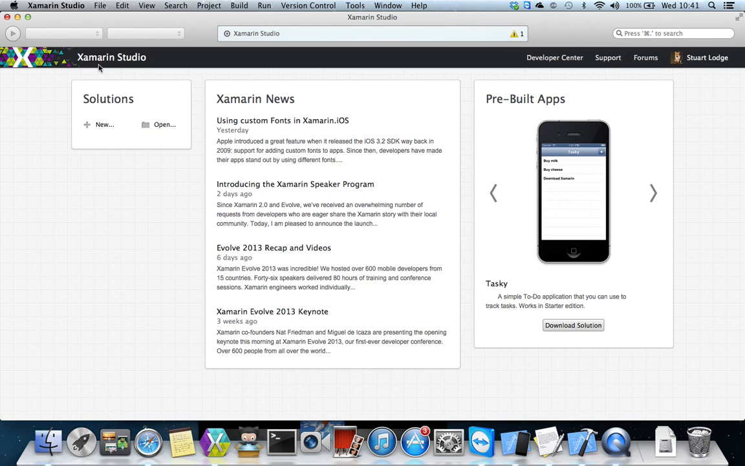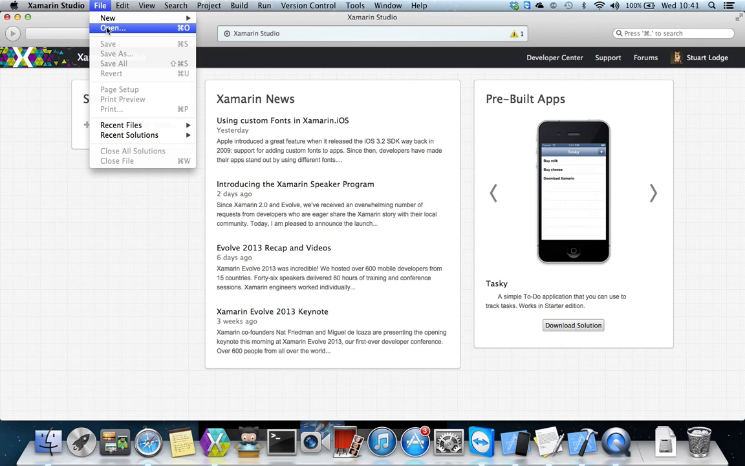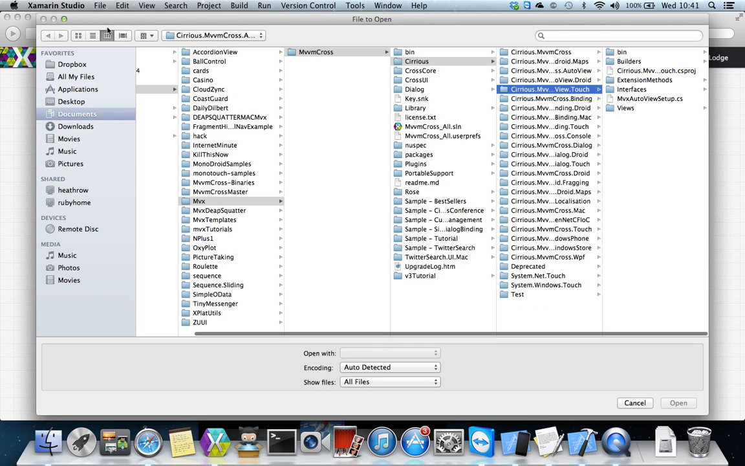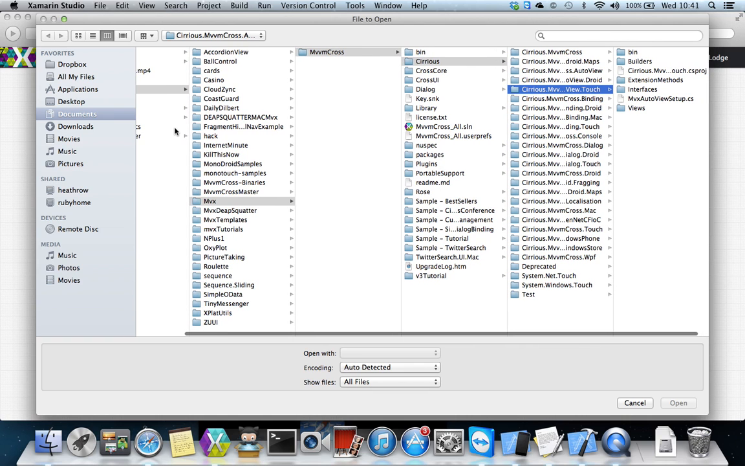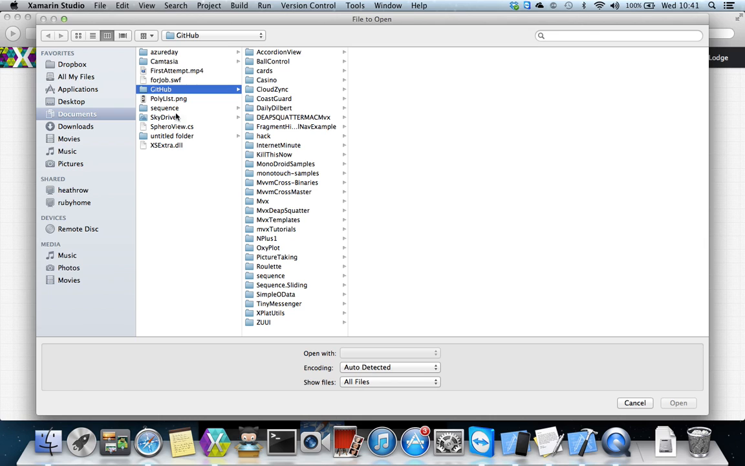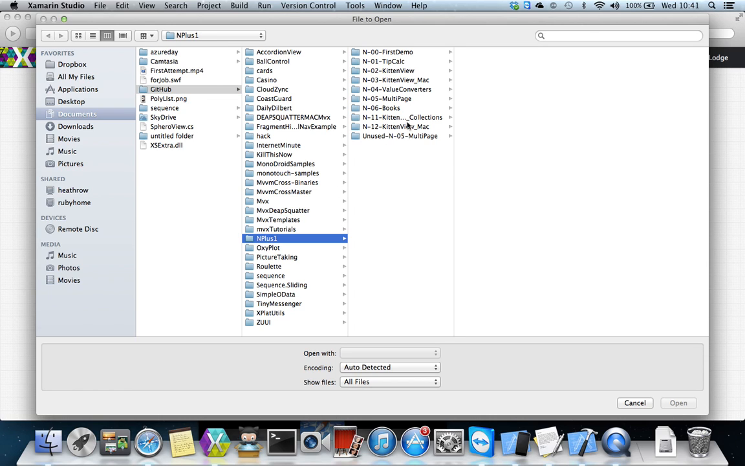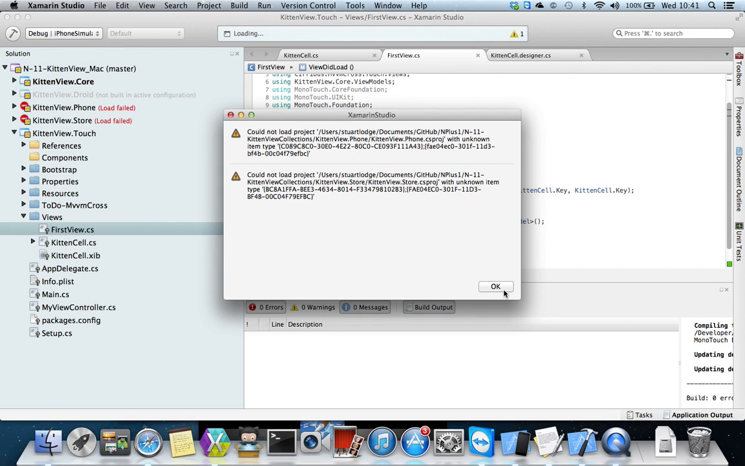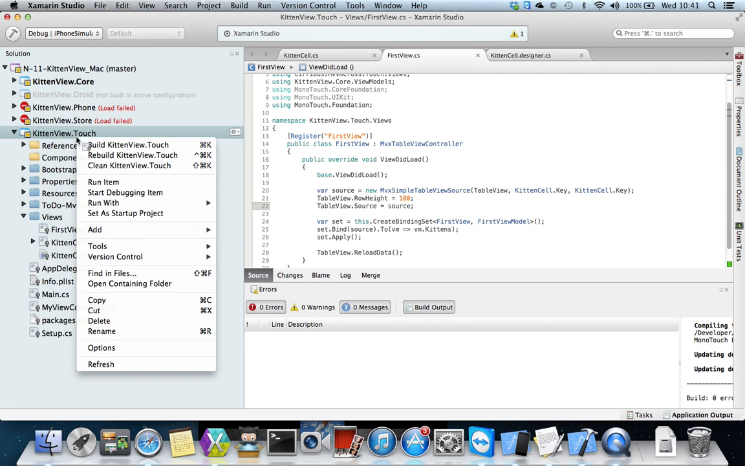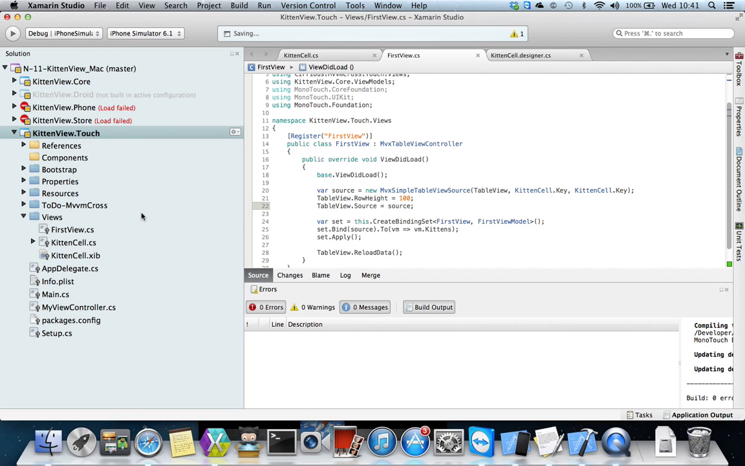And what I'm going to start from is I've just taken a copy of a solution we did back in number 3. And so if we take a look at this, this is the solution that we did, which was for kittens. And so let me just open it up. Hopefully it still runs. And you can see we get the problems about the Windows Phone projects, which we don't need to worry about. But if we set the startup project to be kittenview.touch and we hit run, then hopefully